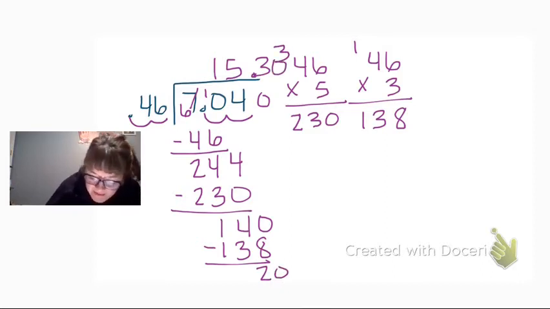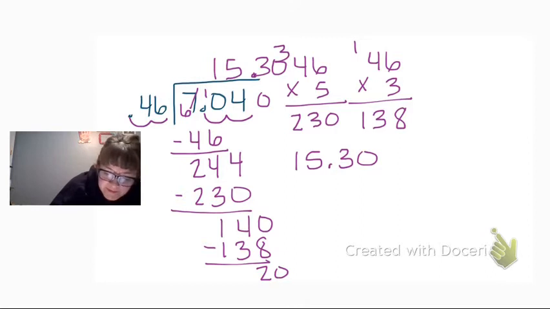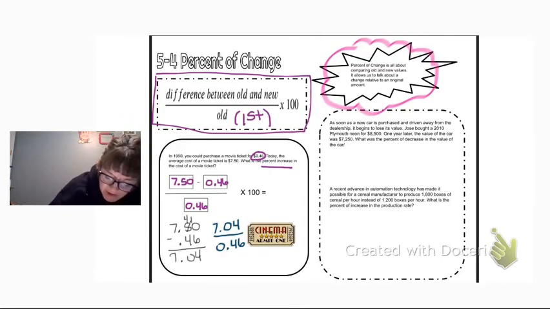It hasn't come out evenly yet, but as a decimal, we have about 15.30. And then, remember, we'll have to move the decimal 2 to the right. So we ended up with 15.30. Now we have to do this times 100 part. So we'll take that decimal and move it to the right, which gives us